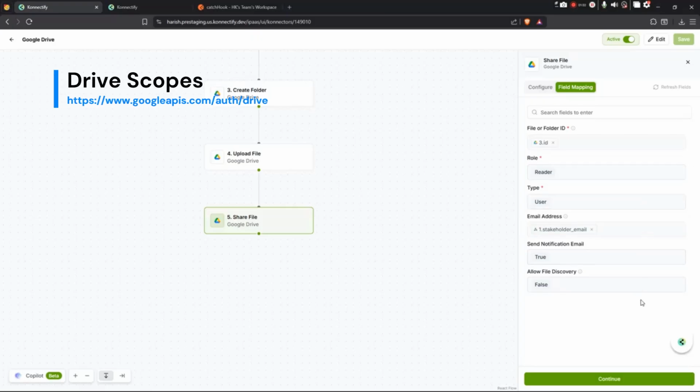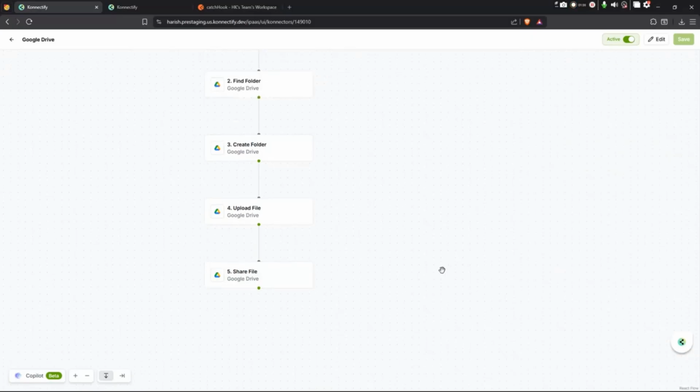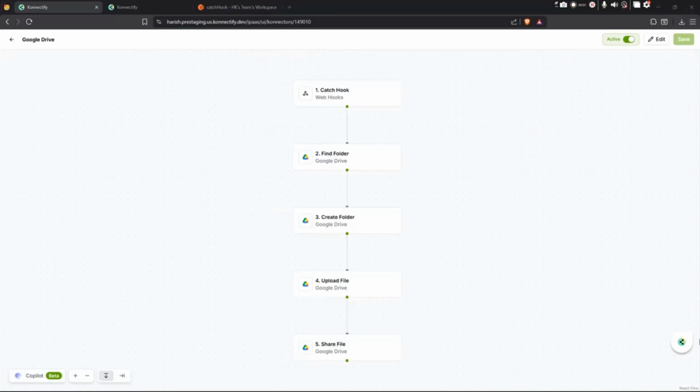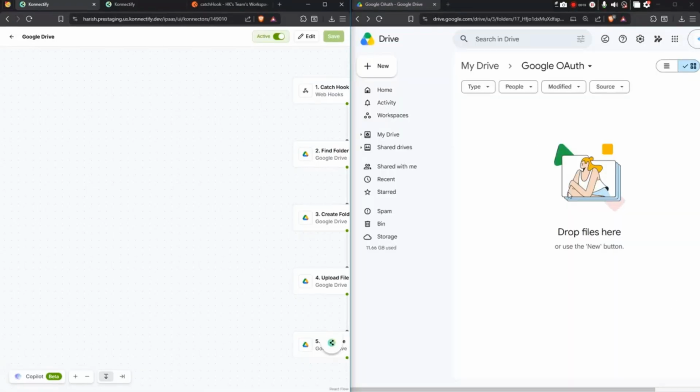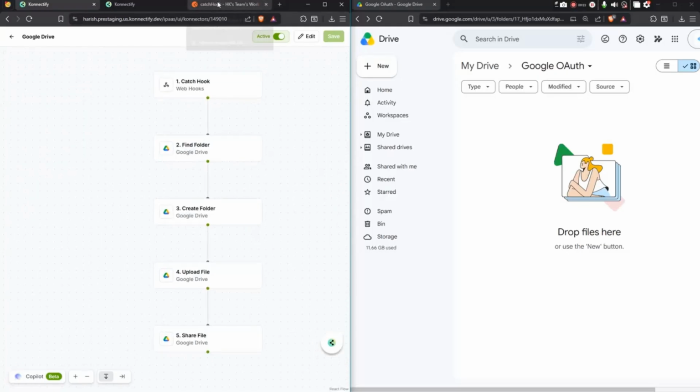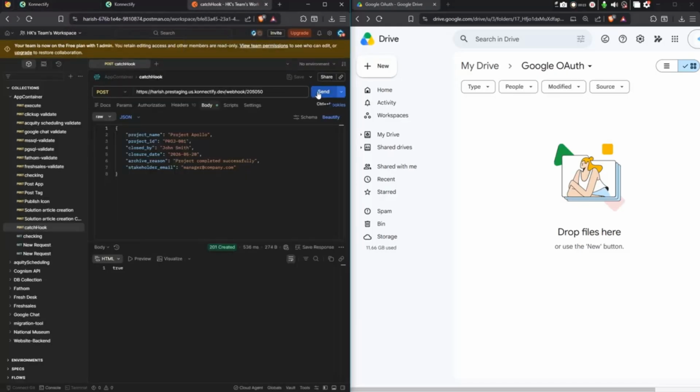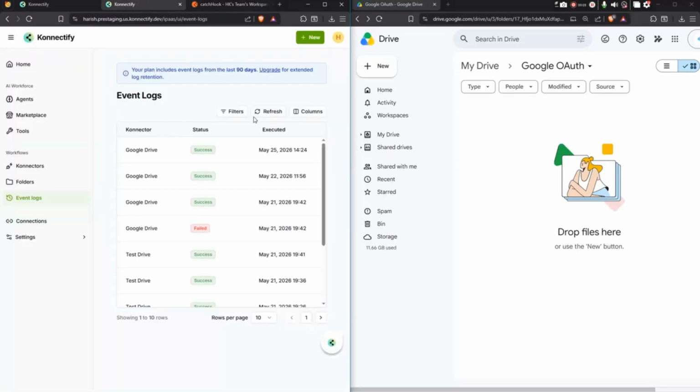Now, let's see how this workflow creates an impact inside the user's account. For this demonstration, we first create a user account in the Site tab. This is the user account connected with Google Drive. To trigger the workflow, we send data to the catch hook. As soon as the webhook is triggered, you can see in the event log that the Google Drive workflow starts